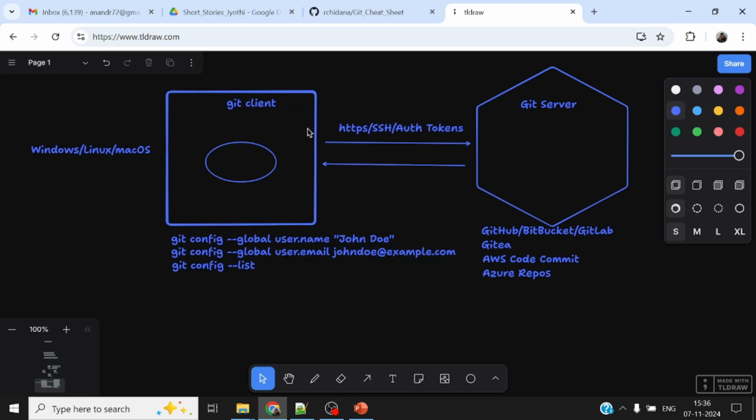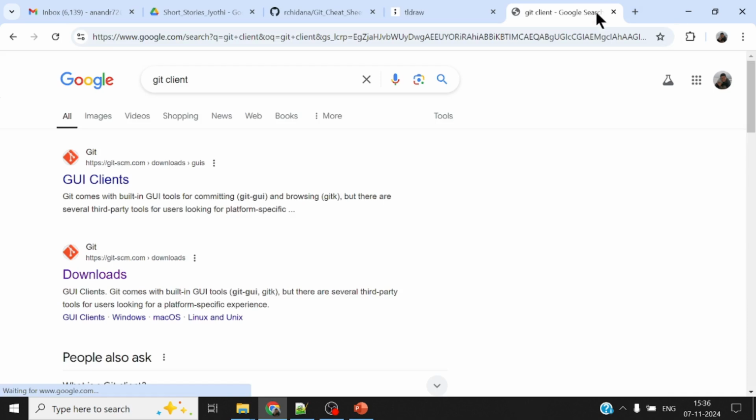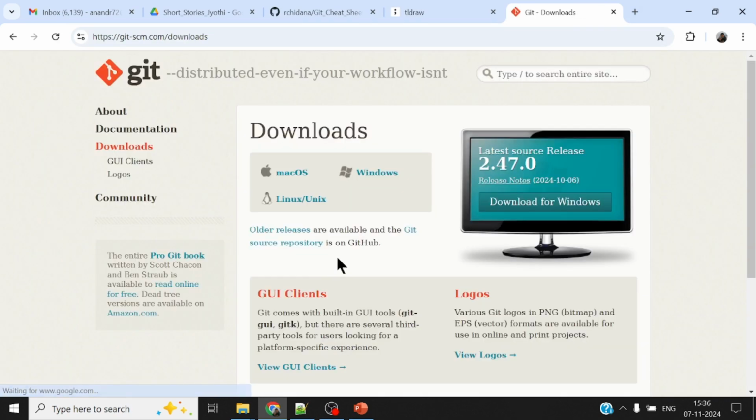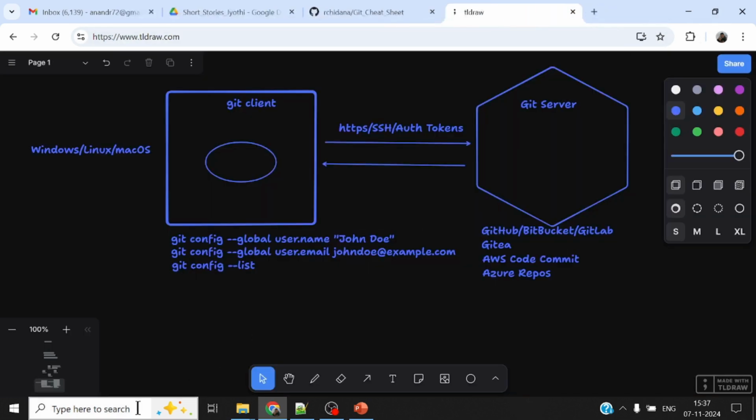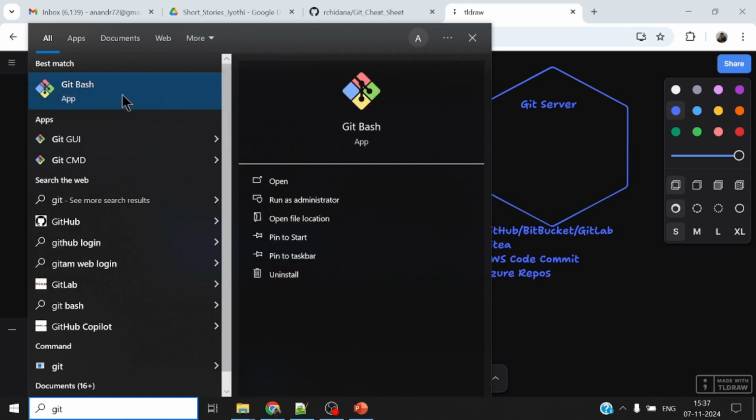I already have the Git client installed, but in case somebody is interested, you can just go to the Git website and download the Git client. The Git client is available on Linux, where it actually comes pre-installed, and on Windows and macOS. Now, I already have that downloaded and done the installation as well. The default installation, nothing customized. If I open something called Git Bash,